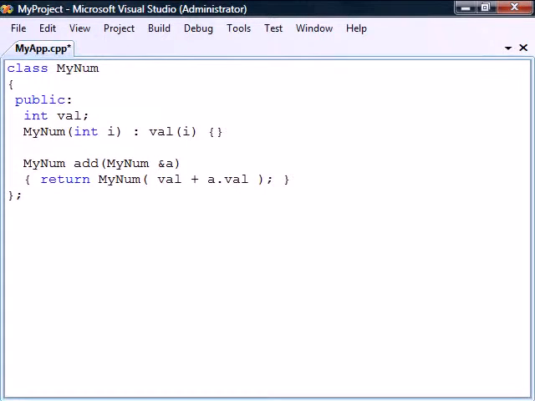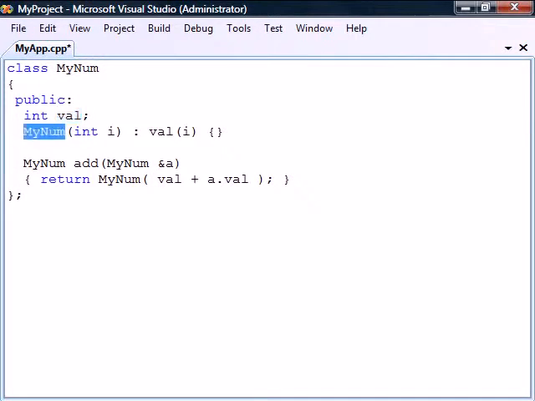Operator overloading allows operators to be redefined and used where one or both of the operands are of a user-defined class. When done correctly, this can simplify the code and make user-defined types as easy to use as the fundamental types. As we can see in this example, we have a class called mynum with an integer field called val